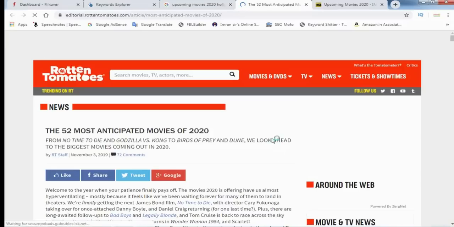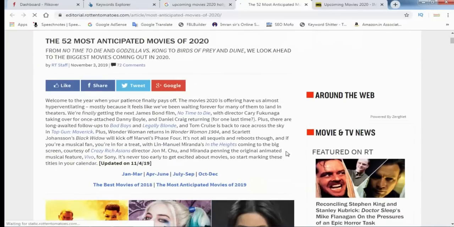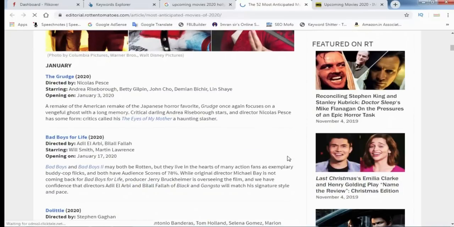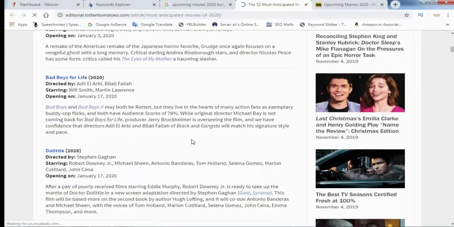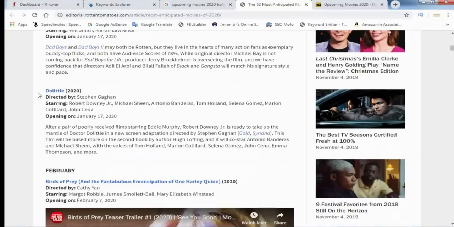Why do I tell you to write articles in the movies niche? Because upcoming movies do not have much competition, but many people search for these keywords, these movies on Google. Movie lovers search for those keywords on Google. And if you target these upcoming movies on your website, download links or something, download all songs from the Dolittle movie released in 2019, 2020, then people come from this keyword to your website, and this is organic traffic.